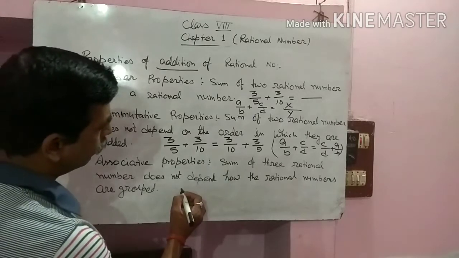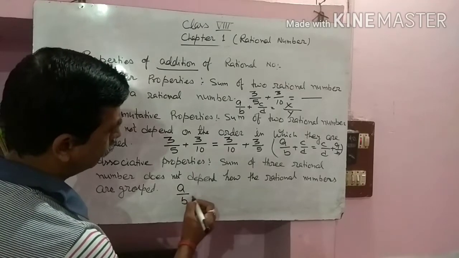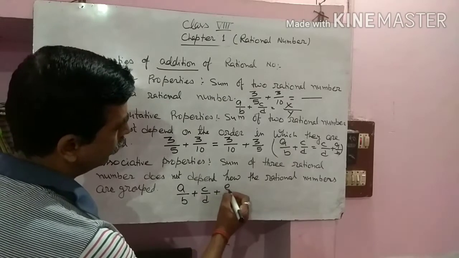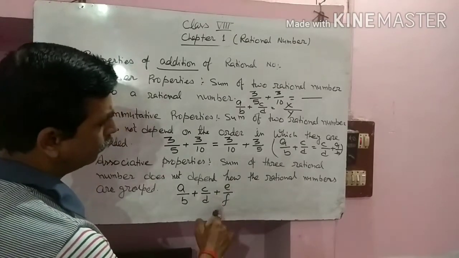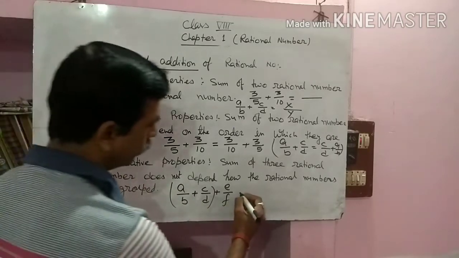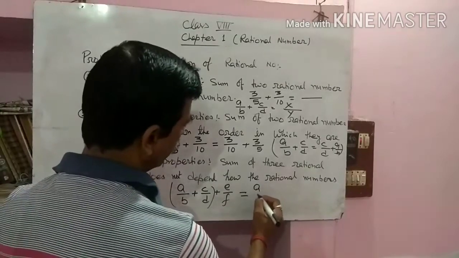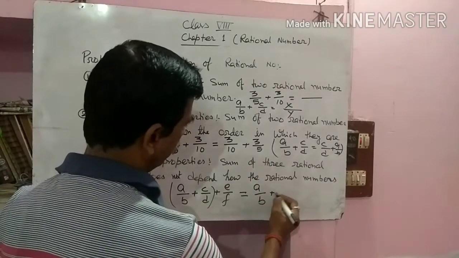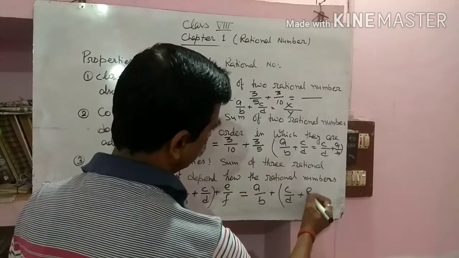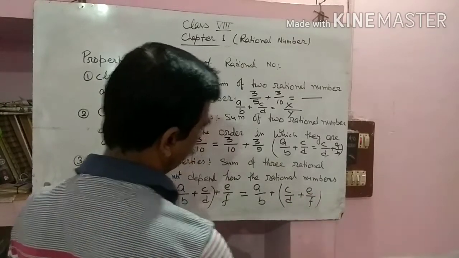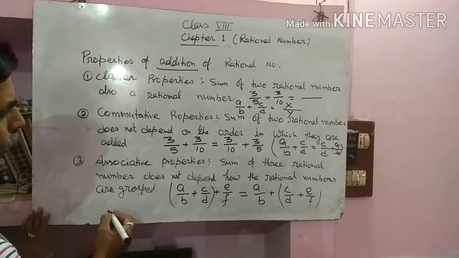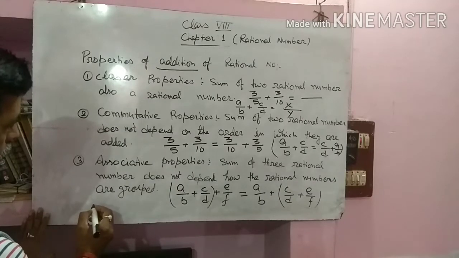Suppose the numbers are written A by B plus C by D plus E by F. This is equal to A by B plus, in brackets, C by D plus E by F. You can write that symbolically like this,